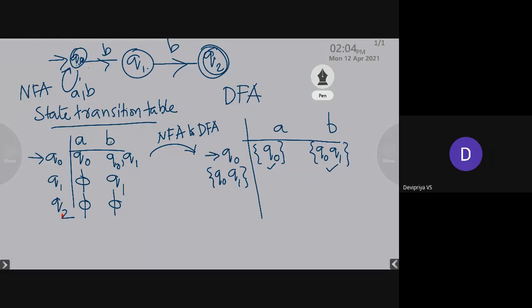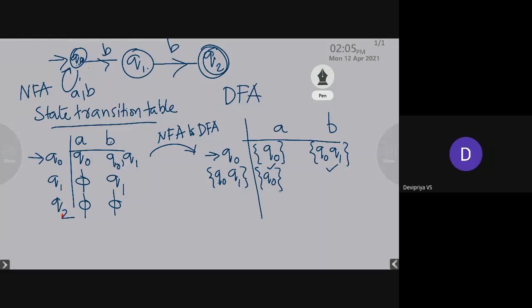For finding the transition, you have to take the transition of Q0 on input symbol a, and again find the transition from the state Q1 on a, and take the union of those two. Q0 on a is moving to which state? It is moving to the state Q0 only. And Q1 on the input symbol a is not making any transition, so only one state, which is Q0.